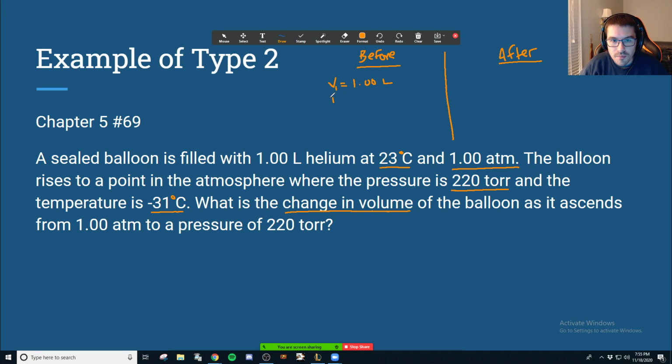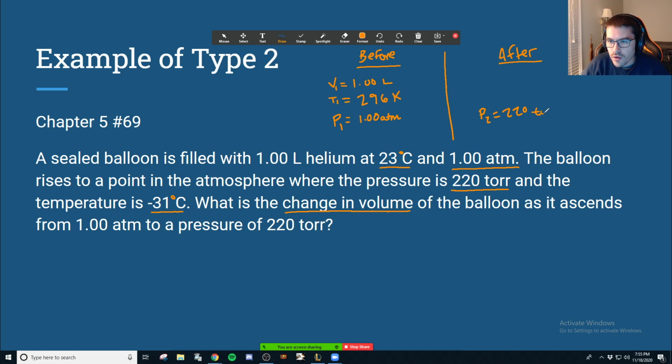My temperature is 23 degrees Celsius plus 273, that would be 296 Kelvin, okay? And then pressure is 1 atmosphere. The balloon rises to a point where my new pressure is 220